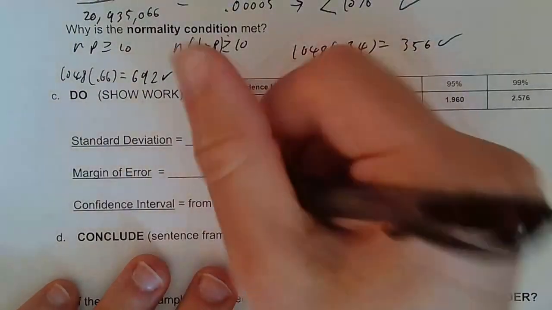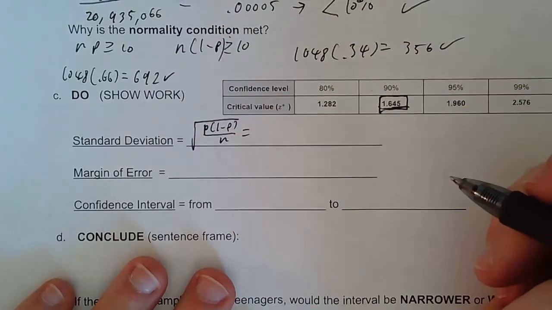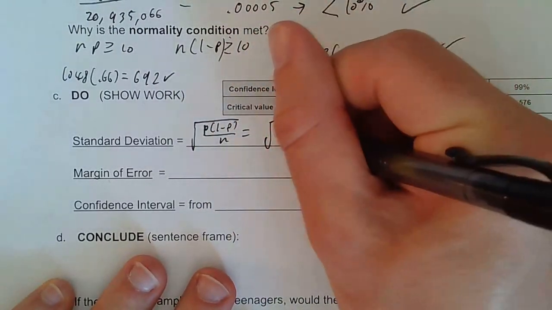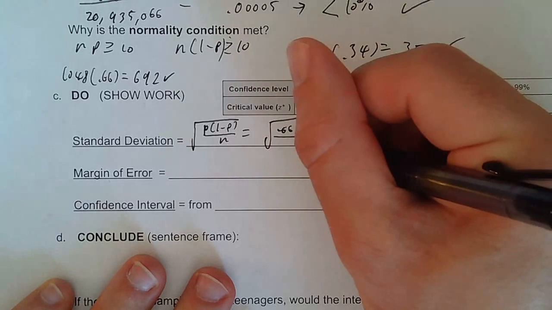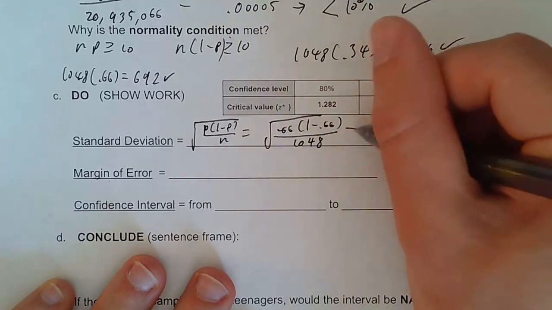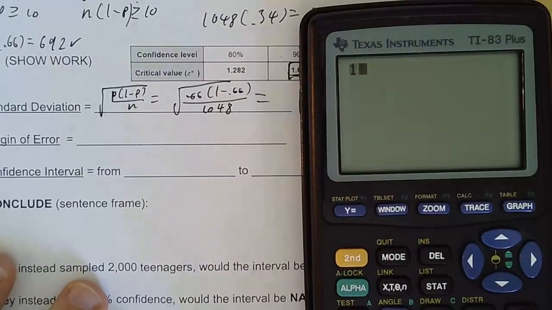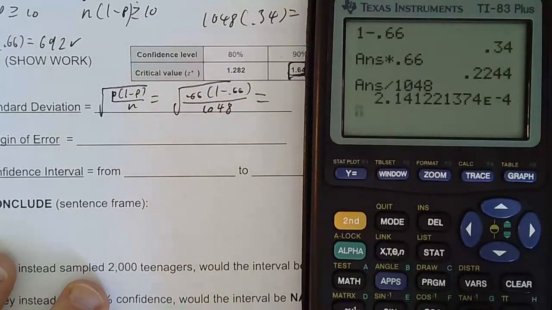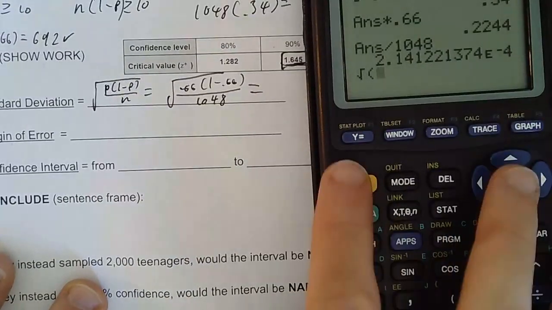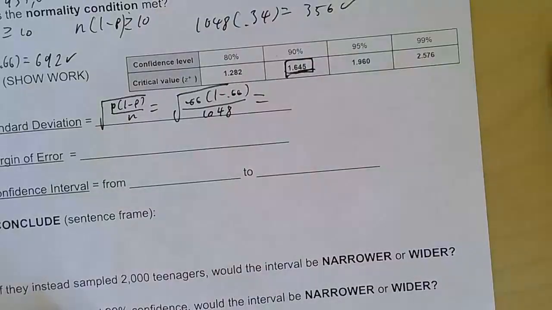Standard deviation is that formula, square root of p(1 minus p) over n, which would be, in this case, we'll sub in the values. It's going to be square root 0.66, 1 minus 0.66, all over 1048. Okay, now we're going to do the same thing in the calculator. As a review, in case you're not getting this right, 1 minus, I do the subtraction first, times it, divide it, square root it, second, x squared down here, answer, enter,